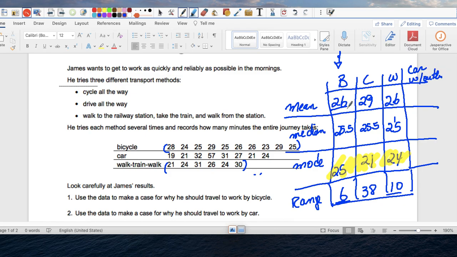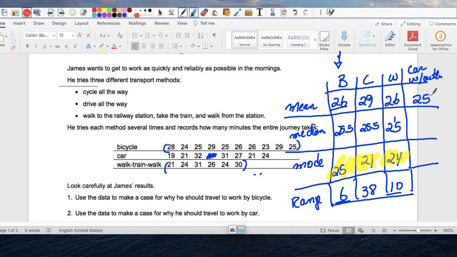So if you take the 57, where's the car? If you take this line, 19, 21, 32, 57, 31, 27, 21, 24, and you take this guy out, pretend that's not there. So I'm going to take my calculator and find the mean. 19 plus 21 plus 32 plus 31 plus 27 plus 21 plus 24 equals 175. And now I'm going to divide it by 1, 2, 3, 4, 5, 6, 7. Divide it by 7. Look, the mean is now 25, which is better than the walk, train, walk, and it's